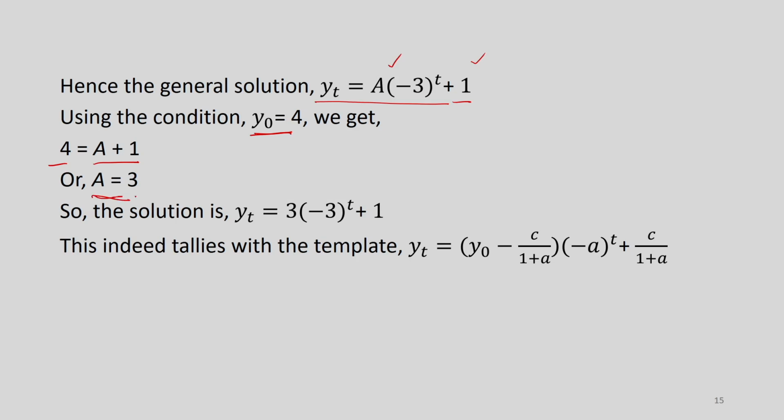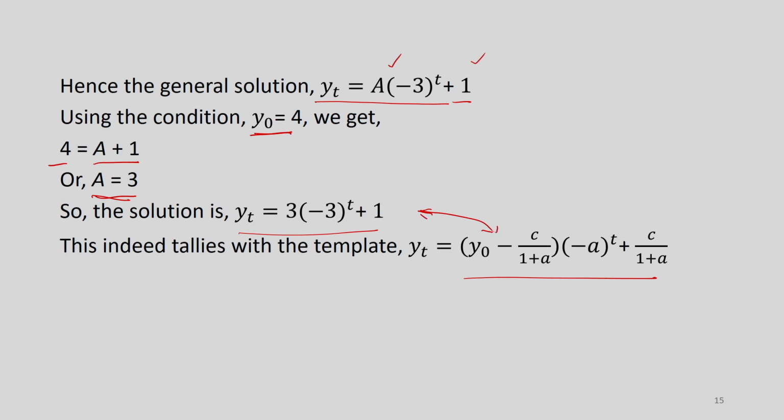So, from here I get a is equal to 3. So, I get the solution to be this: y t is equal to 3 multiplied by minus 3 to the power t plus 1. And if you have noticed the general template of the solution of the first order difference equation, it was this, right, and this actually matches with this, and these two are tallying with each other,